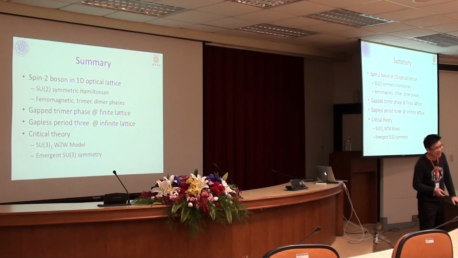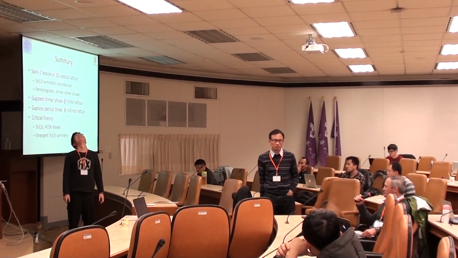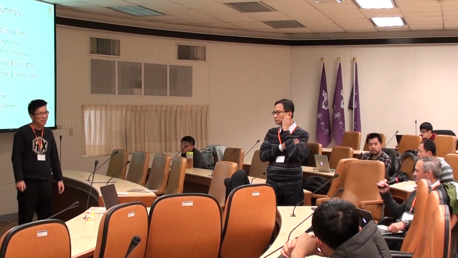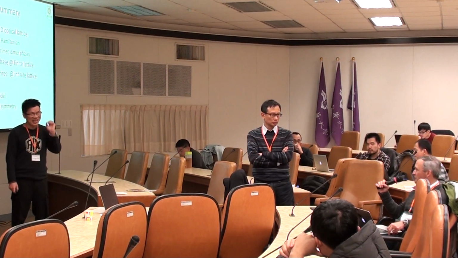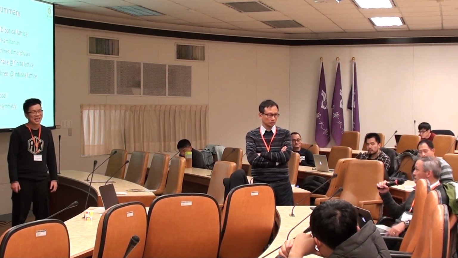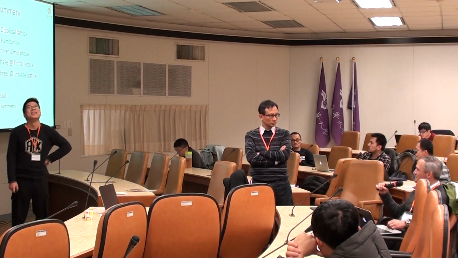What are the leading irrelevant operators at this SU(3) symmetric point? Current? In spin-1 bilinear-biquadratic... No, in your spin-2 model. So there must be... SU(3) level 1 has SU(3) cross SU(3) symmetry, a lot of symmetry. It's not present microscopically, so there must be many terms that I guess are irrelevant that violate it. Yeah, so to understand the nature of the correction, you would think you would need to know that.